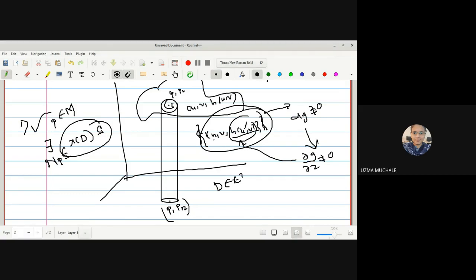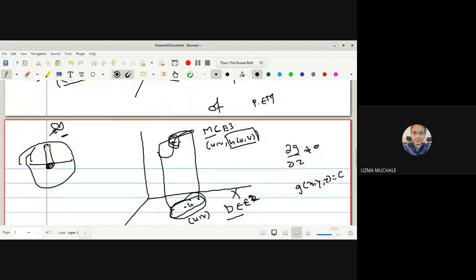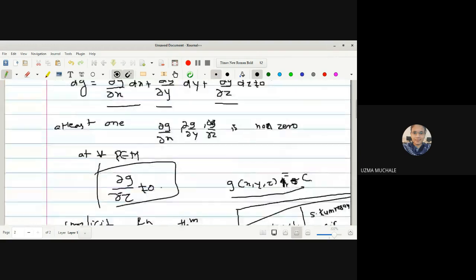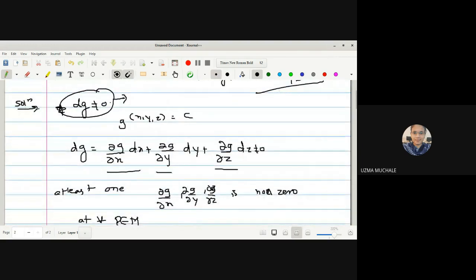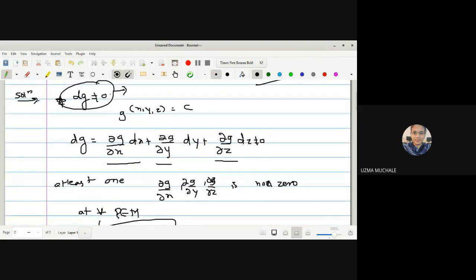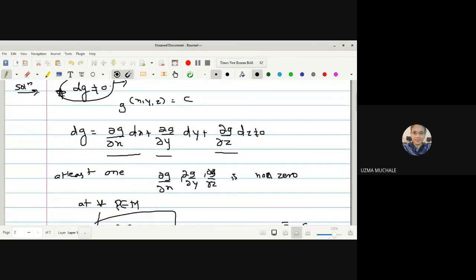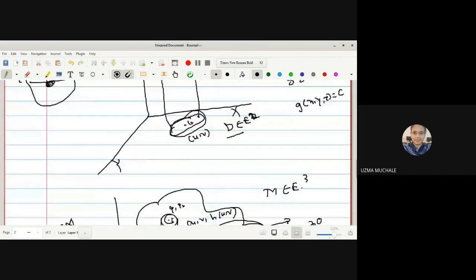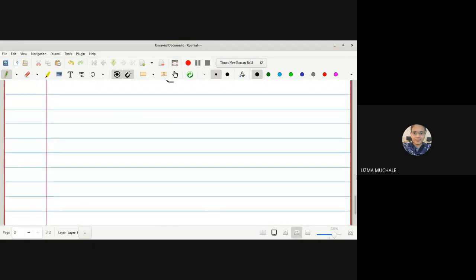Okay, this theorem is not very difficult, is it? Simply, what do you have to check? You have to find out dg. We can already find dg. That is the partial derivative. We have to do the same thing for our examples. Okay. Now let us go with one example based on this dg not equal to 0.